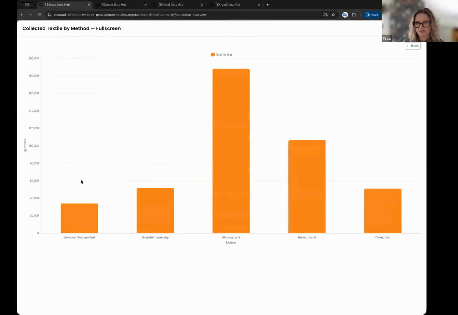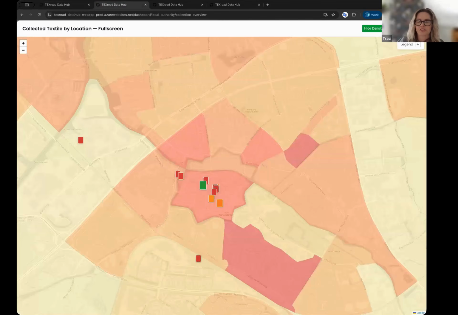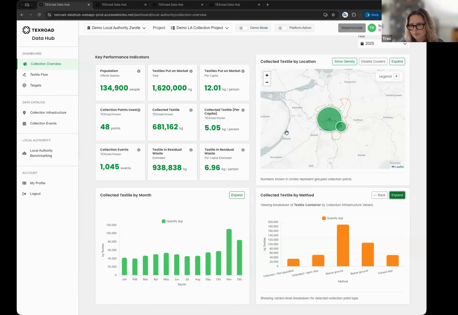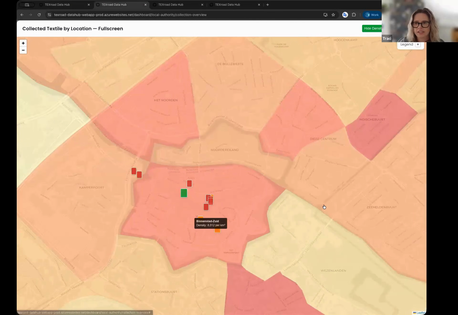And we have a couple of levels of this. So if you click in to the collection container network, you can see this example has a lot of different types of collection containers, even above ground, below ground, some that we just don't know, the data supplier doesn't know, etc. So a lot you can do with those visuals. This one specifically is my favorite. I love the map. So when you click in to this little map in the upper right-hand corner, you get all kinds of interesting detail.